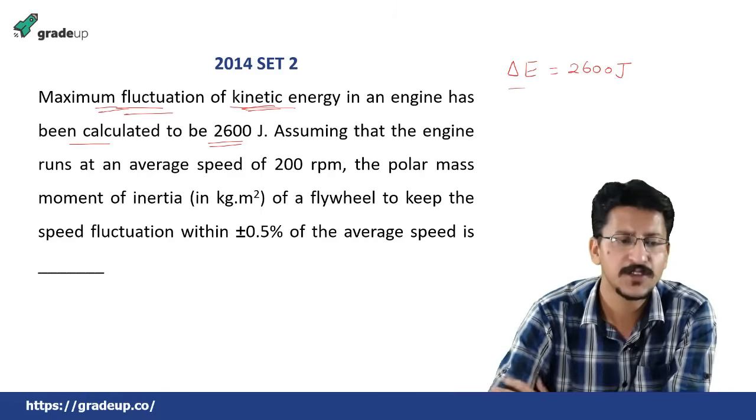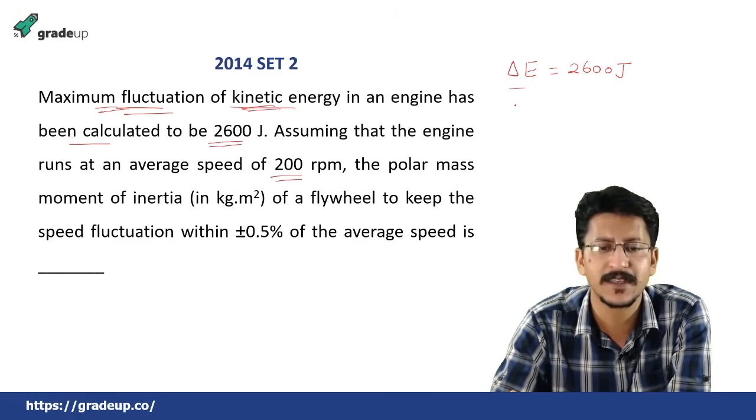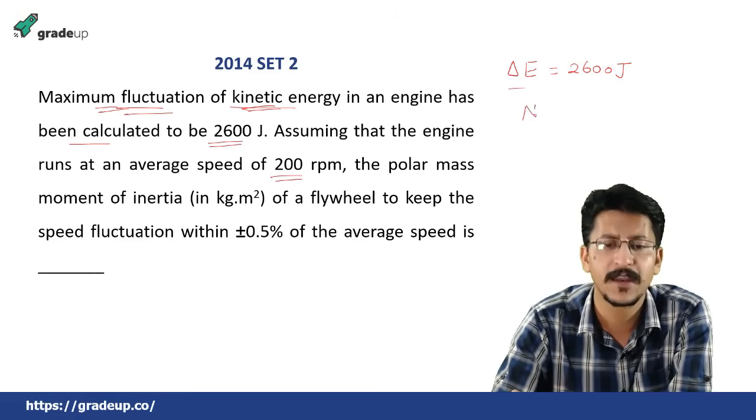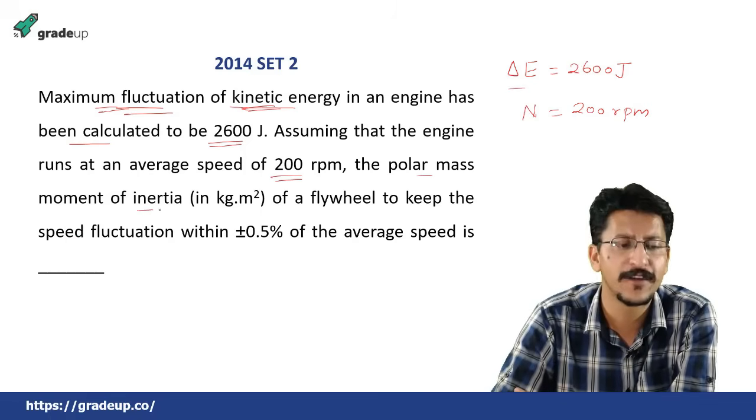Then next, assuming that the engine runs at an average speed of 200 rpm, in this case omega is not given but the n or the rpm is given as 200 rpm, then the polar mass moment of inertia in kg meter square of the flywheel to keep the speed fluctuation within plus minus 0.5% of the average speed is,